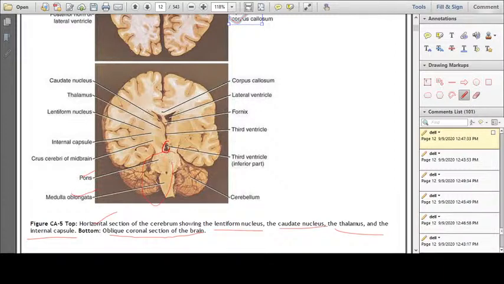is the third ventricle, the inferior part of the third ventricle. This one right here must be a lateral ventricle. Above the lateral ventricle, it must be the corpus callosum. The caudate nucleus is just lateral to the lateral ventricle. The thalamus is lateral to the third ventricle. The lentiform nucleus is lateral to the thalamus. The internal capsule is